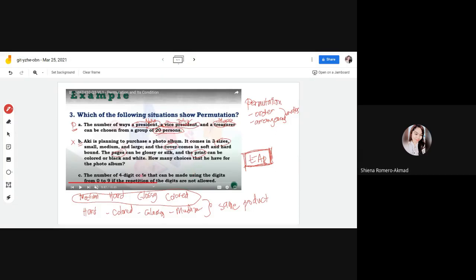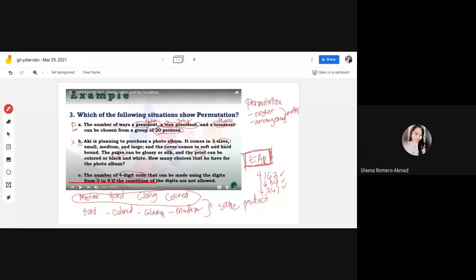So tulad dito, you are going to form a 4-digit code. At alam naman natin that when we form a code, like for example, 4163, it is different from 1634. It's different from 4361. Okay? Those arrangements are different from each other. And also, you are going to choose the numbers from one group only, and that's 0 to 9. So, sa reason is that,